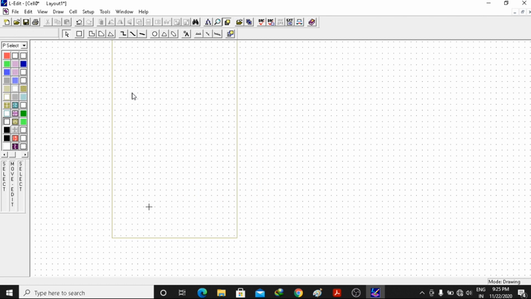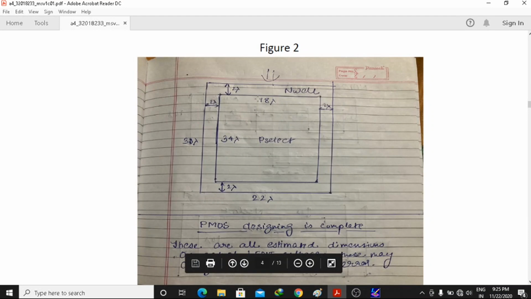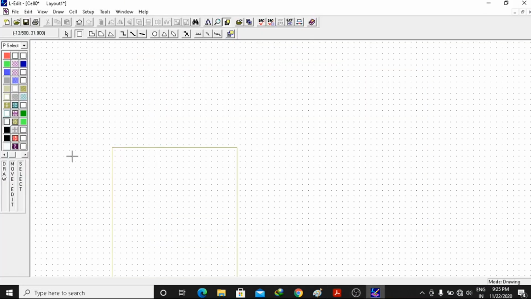Now, our goal is, I will go a little bit up, and now we have to implant a P select, right? So I will select this one, but before that we should check the dimension. The dimension is width 18 and 34 is the height. Okay, so I will place this over here, and in the bottom corner you can see drawing box layer P select, width is 4.5, height is 7.